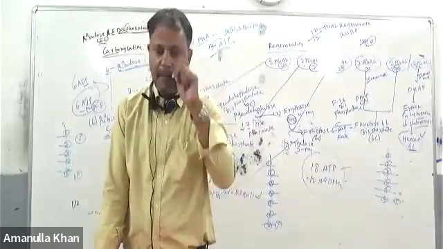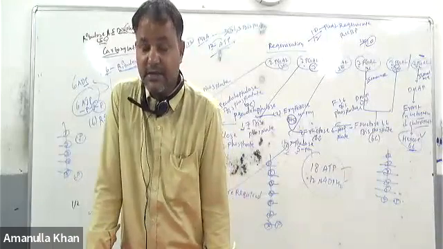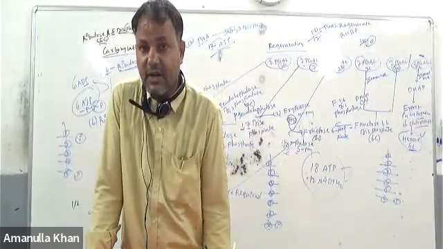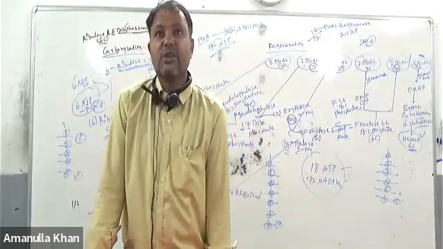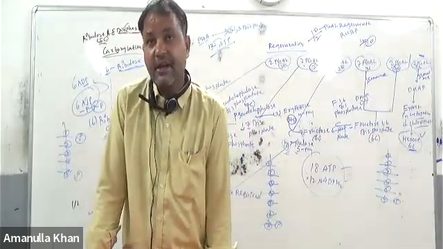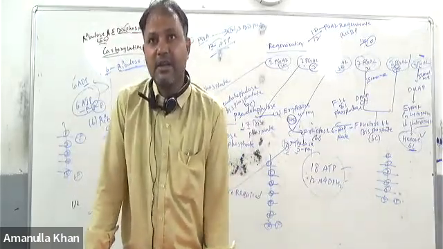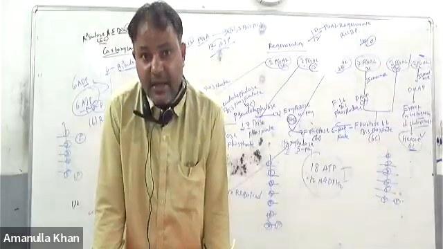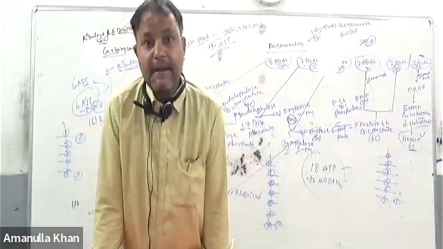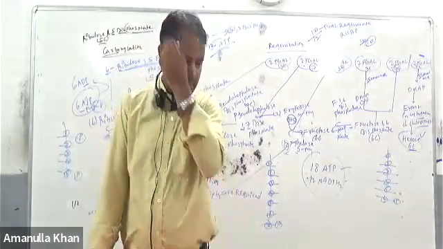In the reduction, ATPs are utilized and then it undergoes the reduction step also. In reduction, 12 NADPH2 is converted to 12 NADP. Then next, regeneration. In the reduction 12 ATPs are required, in regeneration 6 ATPs are required. NADPH are not required in the regeneration. NADPH2 are required only in the reduction step. Okay, then next one, next is